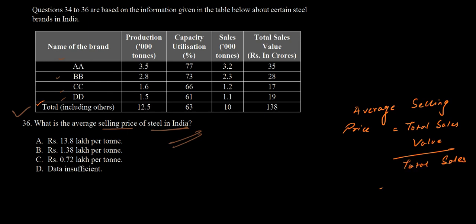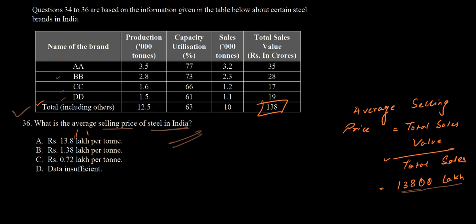How can we find this? The total sales value you can see is 138 crores. In case we need to represent this in lakhs, we can write this as 13,800 lakhs, because this is a hint from the options, as each option gives us lakh per ton. So basically we need to find this value in lakhs per ton. So I converted this from crore to lakhs, which is 13,800 lakhs,